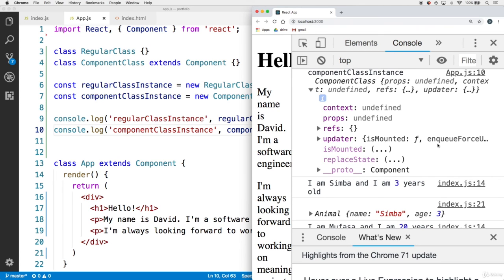Throughout the course, we're going to dive deeply into the topics that you're seeing here for these inner properties. Most immediately, we'll look at state, props, and mounting. Overall, I hope this has made the component part of React feel more clear and given you insight into how React components actually work under the hood. Now that we've taken a closer look at this, let's focus on the next core concept of React,